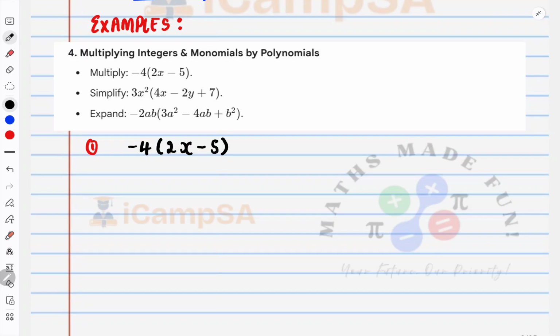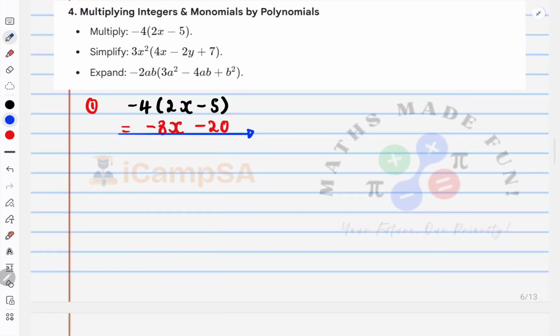Remember the distributive law. That means our answer would be minus 4 multiplied by 2x, which would be minus 8x, minus 4 multiplied by minus 5 will be minus 20. That is our final answer. We are multiplying the monomials by polynomials. For number 2,